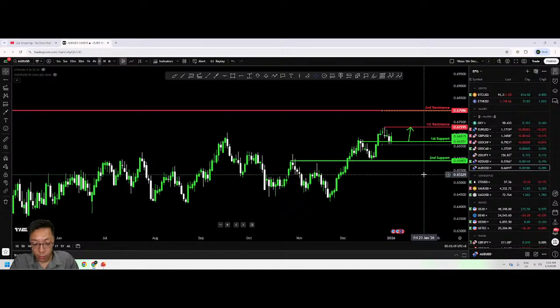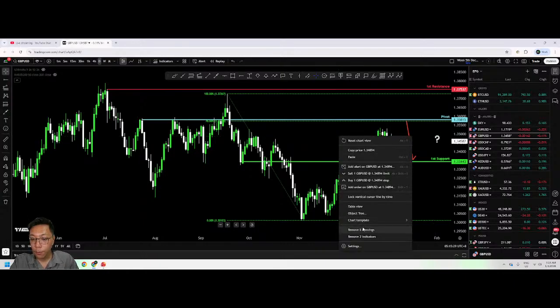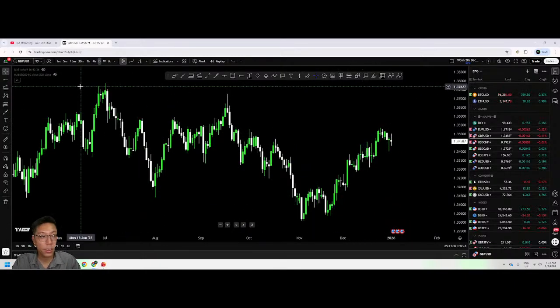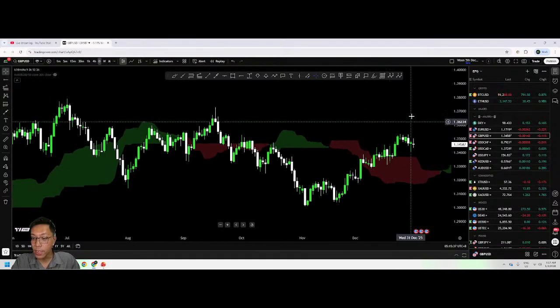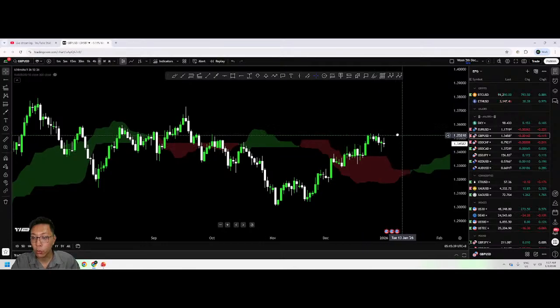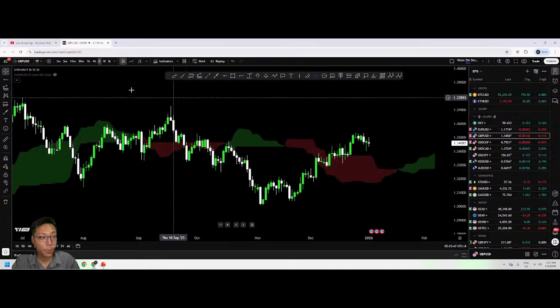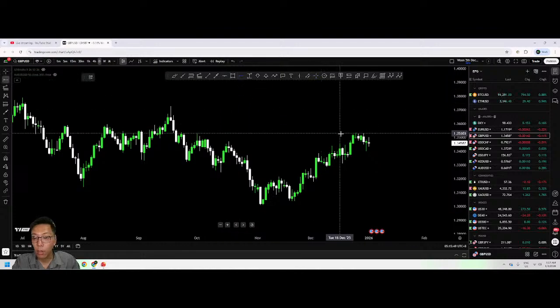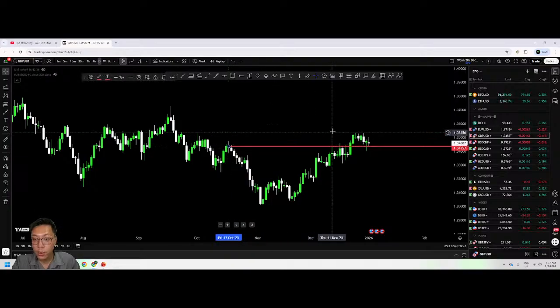Alright, next thing is GBP USD. For GBP USD, if you turn on the Ichimoku cloud yet again, you can see that price is currently above the Ichimoku cloud, and you can see price is forming bullish momentum over here. Alright, so let's mark out our first support level. I think this is fine. This first support area,